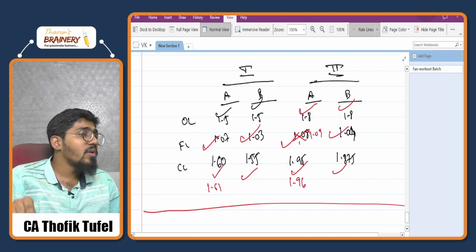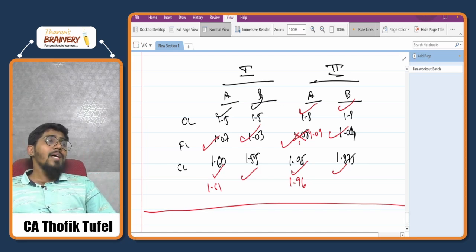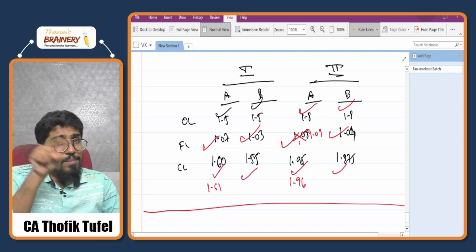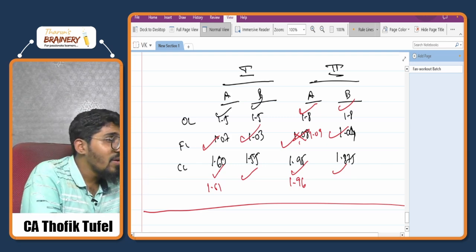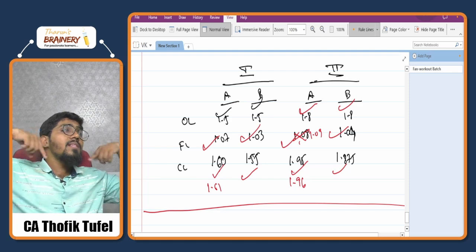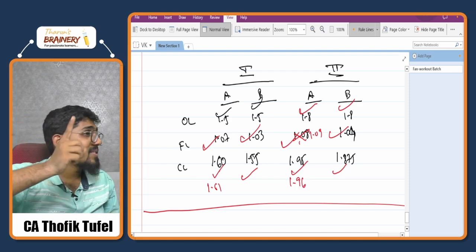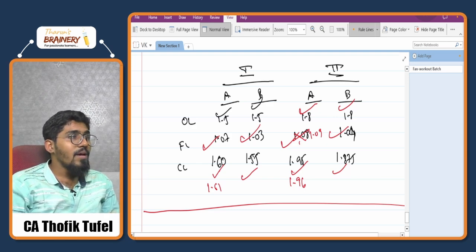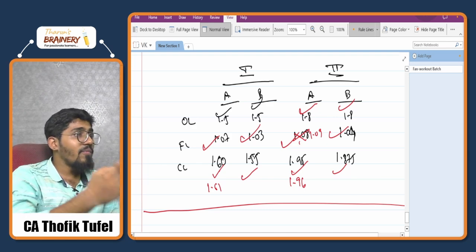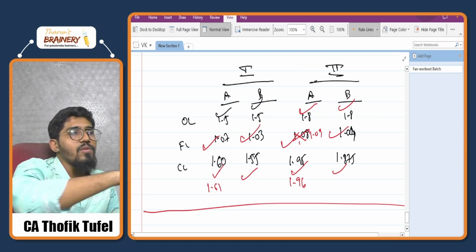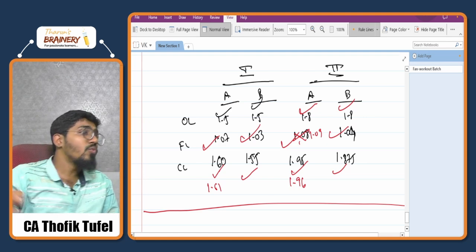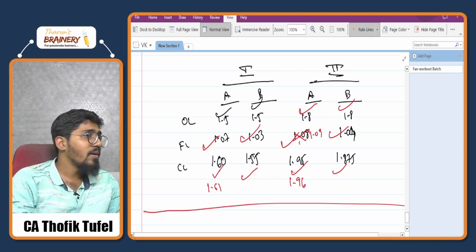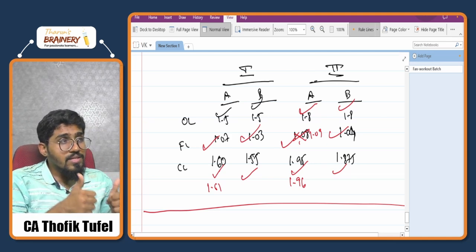Once you make note of the mistakes, at the end of the class you would have made a lot of mistakes, or I would have made a lot of mistakes. You can make note of those mistakes. Before the examination, when you look at the mistakes, automatically the sum will be revised. But mistake is the biggest source of learning. You have to learn from your own mistakes, and from others' mistakes also. If I am making some mistake, you learn. If one person is making a mistake, you learn from that mistake, make a note of it, and you should not repeat that mistake. Are you all with me? Yes, or thumbs up. Good. Yes, sir, understood this point.